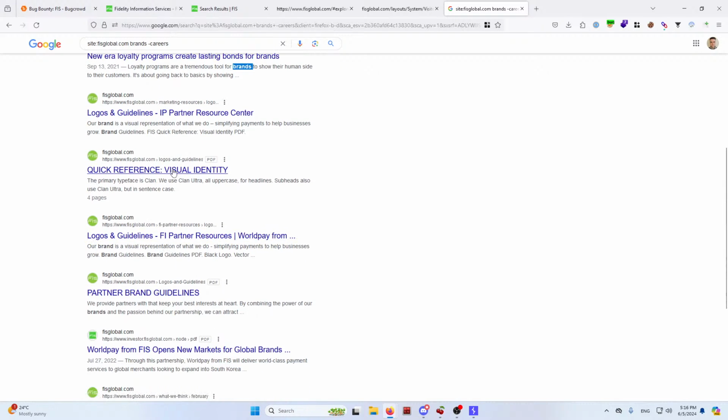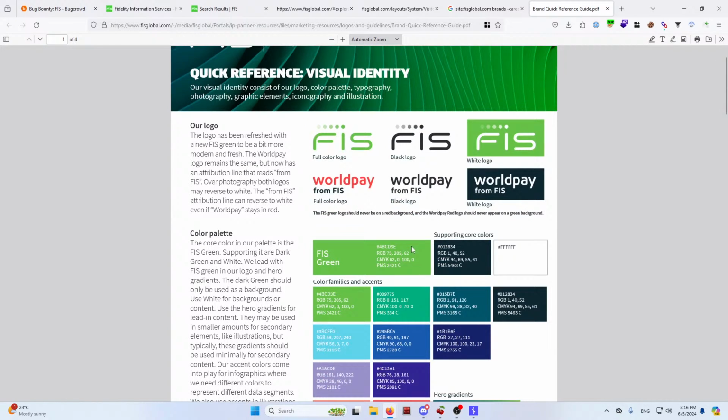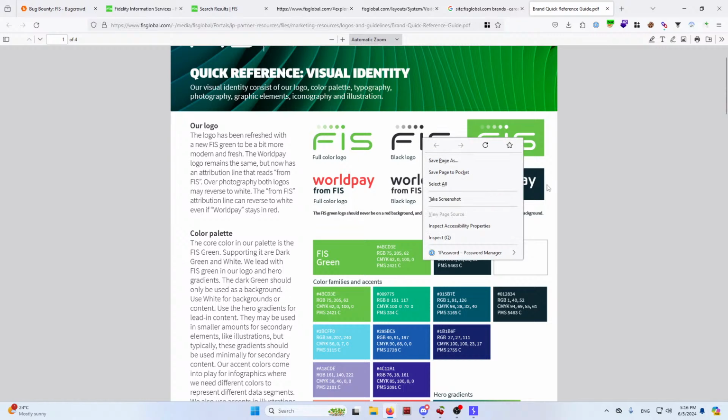Okay, quick reference, visual identity. What is this? Sometimes reading docs could really work. And as you can see, they mentioned their branding, and it's also pretty good because they have multiple brands, and for those multiple brands, they might use different logos. So, like you can